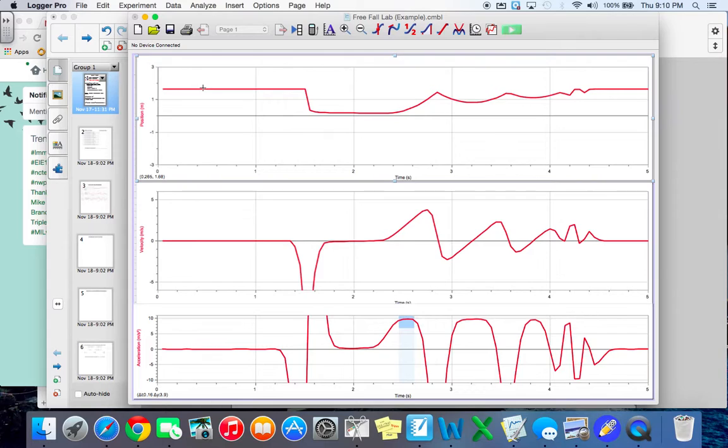So take a look. You can see that there are different phases and different parts of motion. So what we want to do is figure out, where is my graph? In this case, my position versus time graph, representing an object that was falling. As you remember from what we looked at, this is a period in which it was going to be curvy. So if you look on your position versus time graph, it's curvy here. And this is going to be the region of the graph that we're interested in.